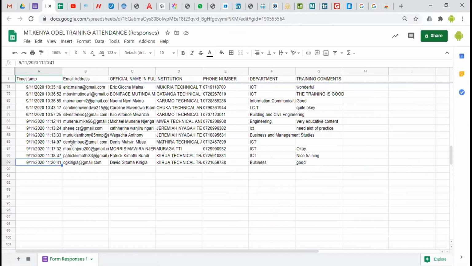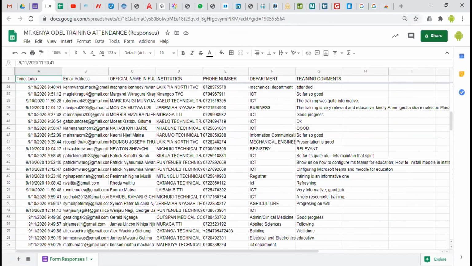Good. So that is Google Sheets. And we also have Docs, and then we said add-ons, and we have shown you add-ons. And I think that ends the introduction to G Suite for Education. And of course, we have also seen how to configure for your institution. And I want to believe that after this, you are going to try out and see whether you can access the various facilities available on G Suite for Education.